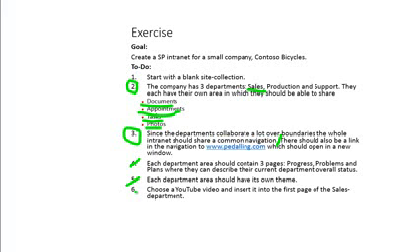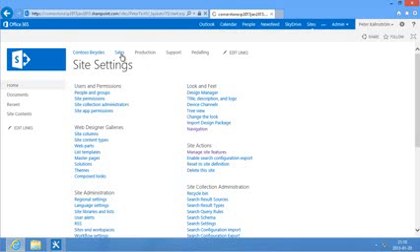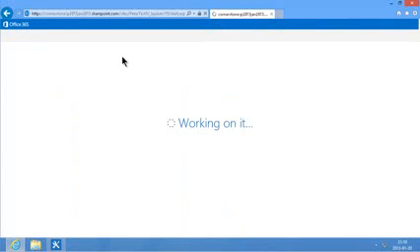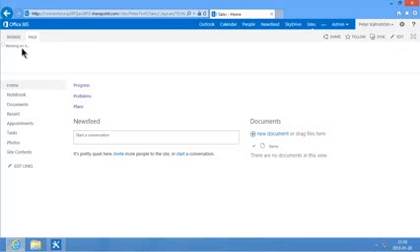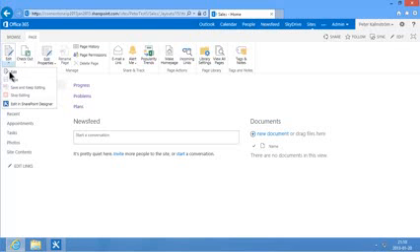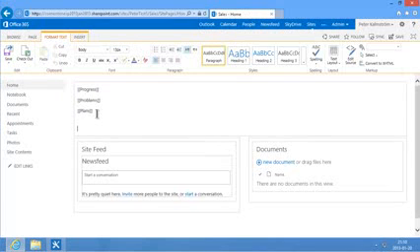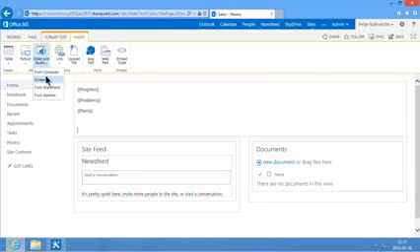The only thing we have left to do now is to choose a YouTube video and insert it into the first page of the sales department. So I'm going to go ahead and do that too. And I'm going to go to the sales department and modify the page again. And here I'll insert a video, embed,